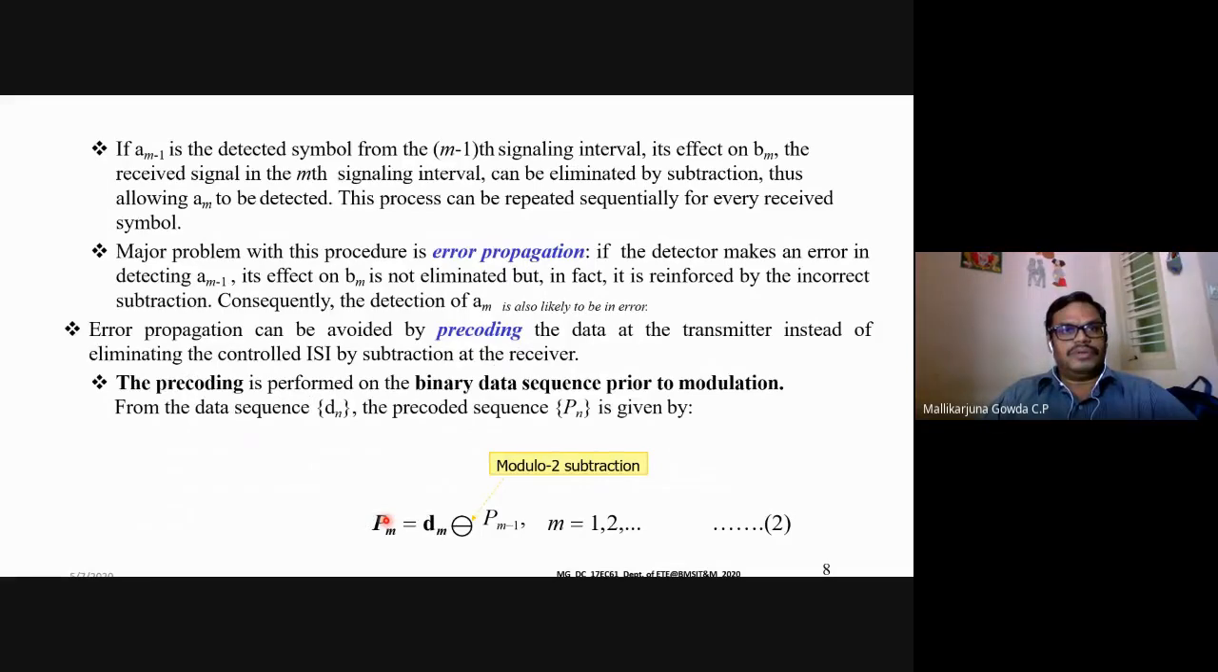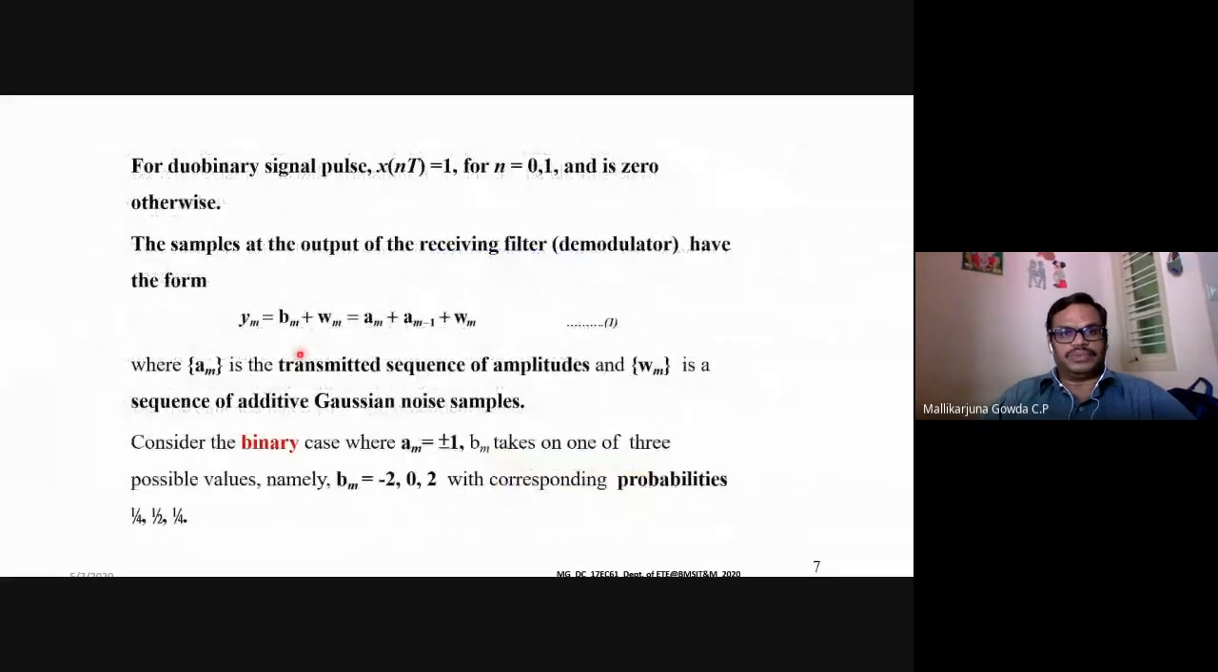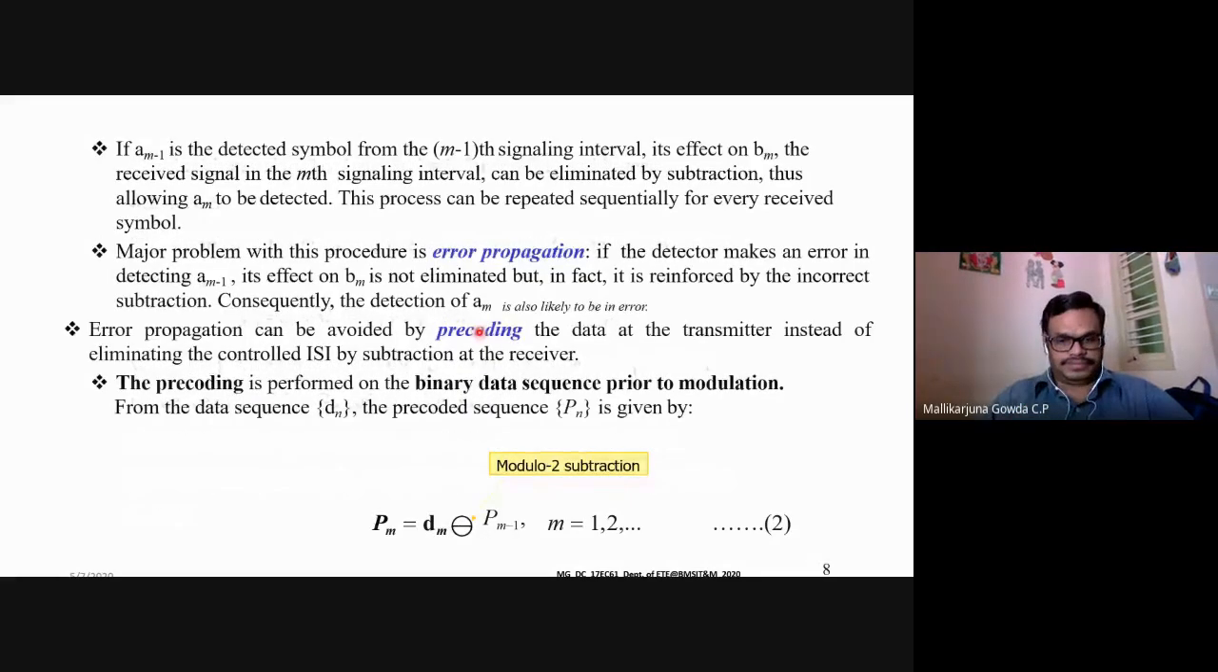So I said a m and a m minus 1, where a m is the present pulse and a m minus 1 is the previous pulse. That is what I receive at the output of the receiver, with the additive Gaussian noise sequence. Let's say I want to detect a m. a m minus 1 is